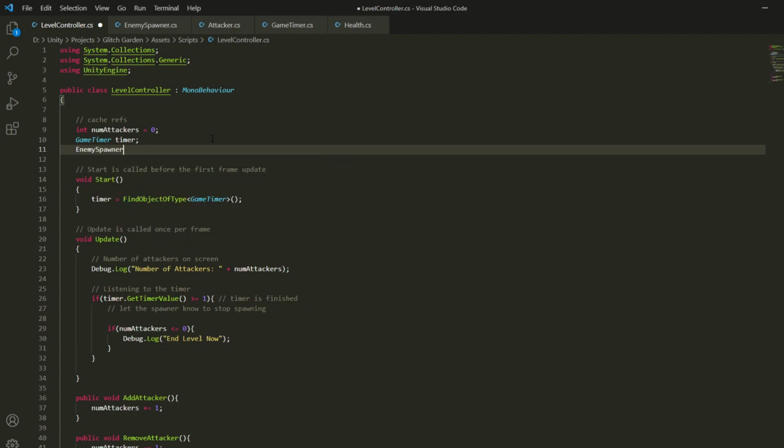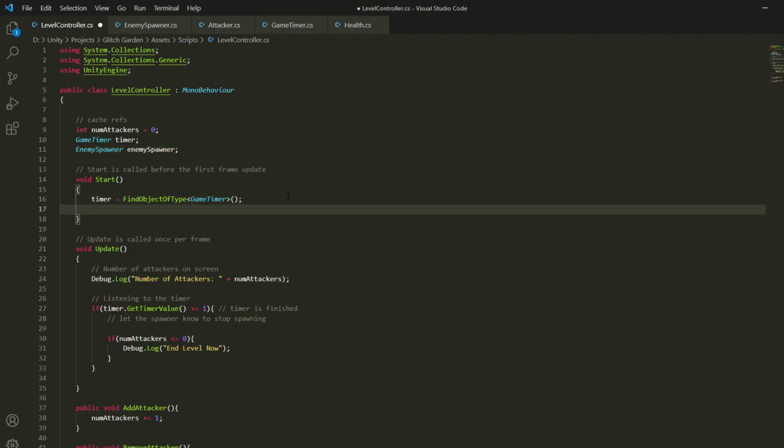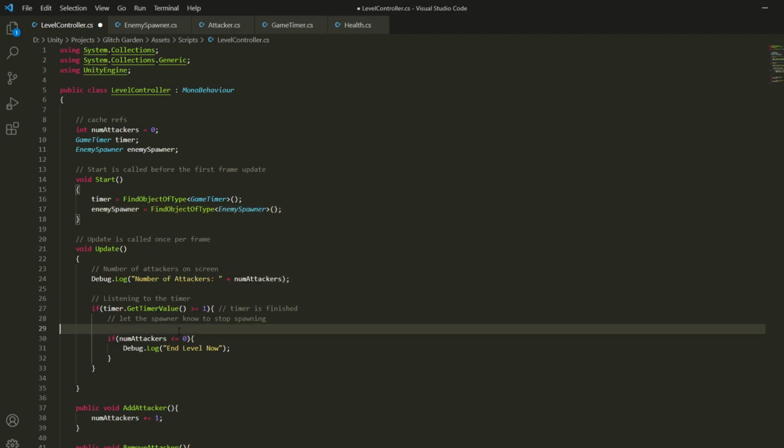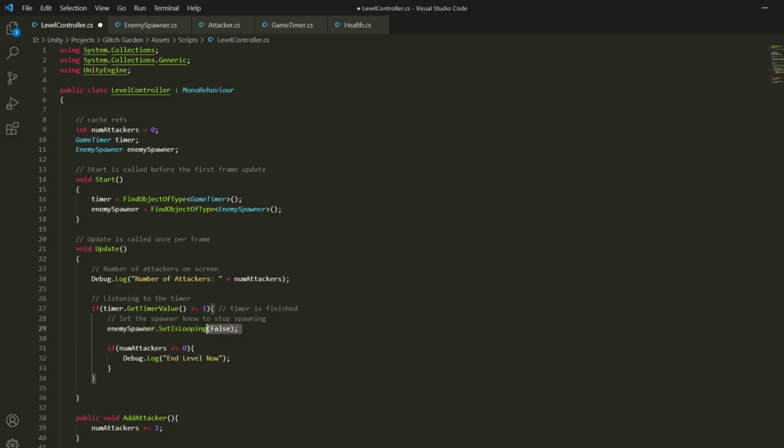Enemy spawner. And then enemy spawner, just find object of type enemy spawner, and then we're gonna let the enemy spawner set is looping to false,